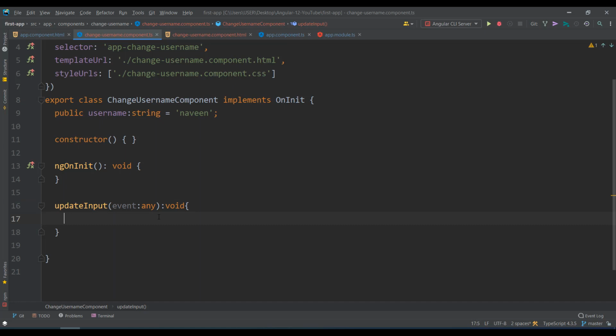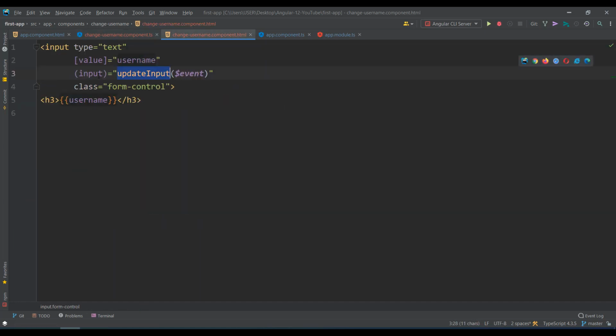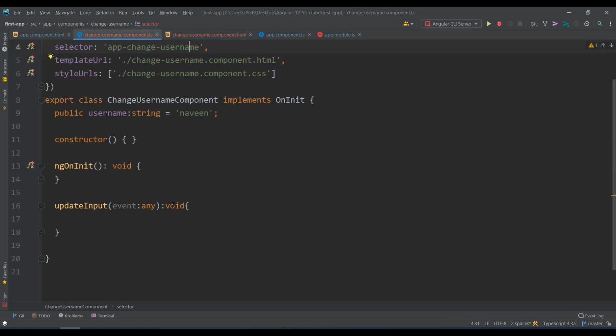So when the change occurs, when the input event occurs, I'm calling a function. What that function does is use this event. From this event you can catch the value of the text box. I want to update my state data.